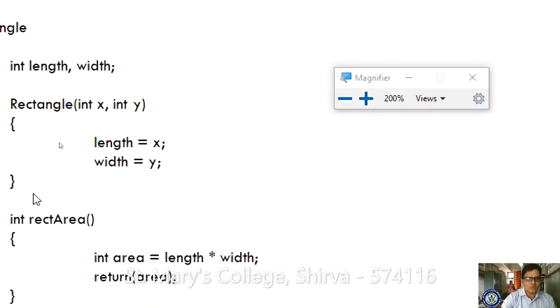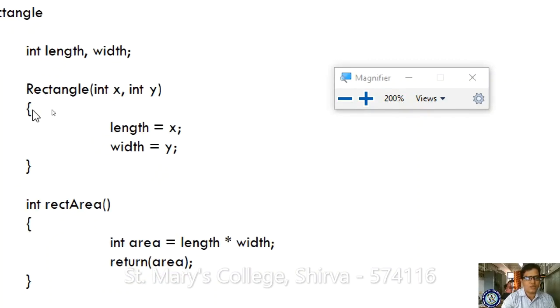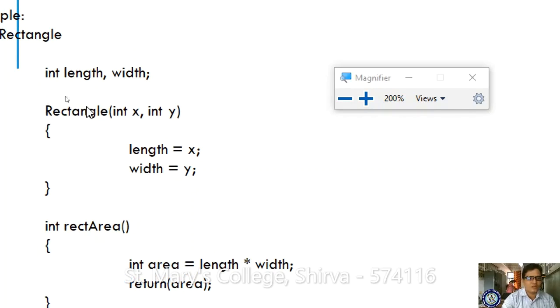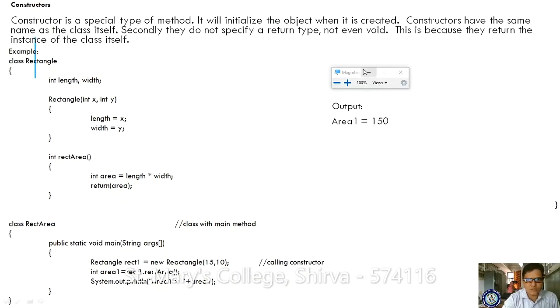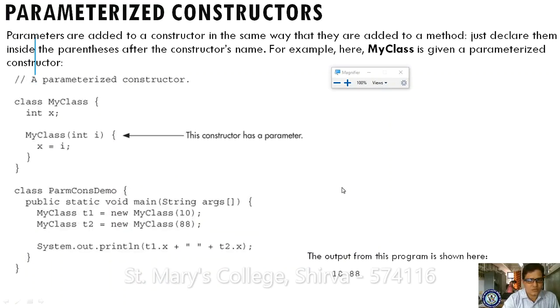Okay, so if you observe here, int x comma int y is there. This is the method name, and this method name is constructed based on your class name. Got it? So likewise you have mentioned your constructor. So this is a parameterized constructor. Parameterized constructor in the sense it consists of arguments in the methods. If you observe this program you will identify what the parameterized constructor is.